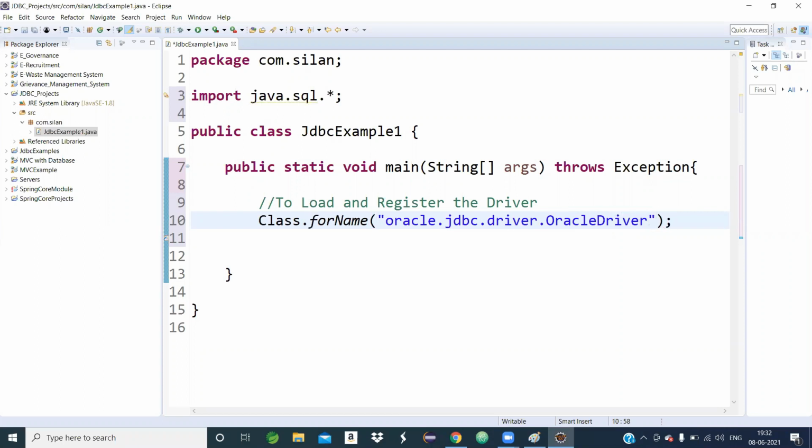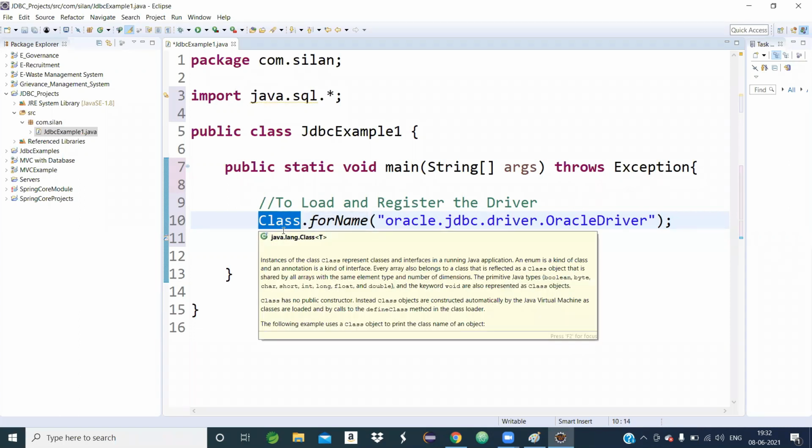When this statement is executed, the type 4 driver is loaded. What is the meaning of the statement? forName is a built-in method. It is invoked by a class named Class, where C is uppercase. Here Class is not a keyword; the name of the class is Class.